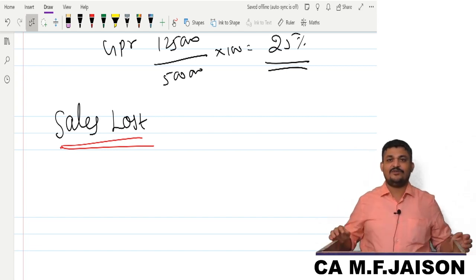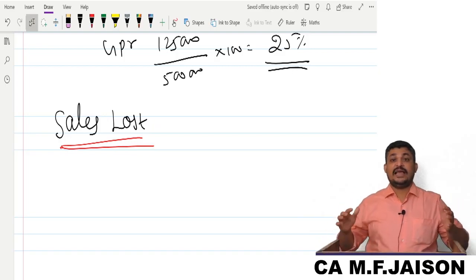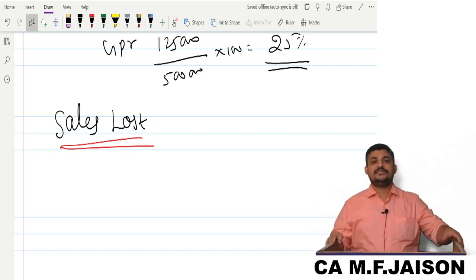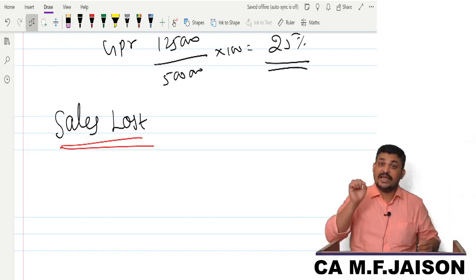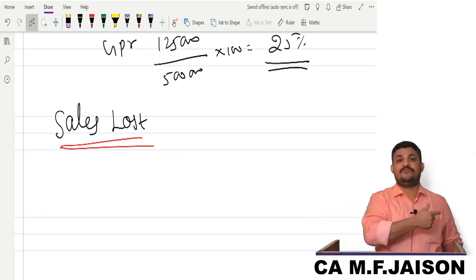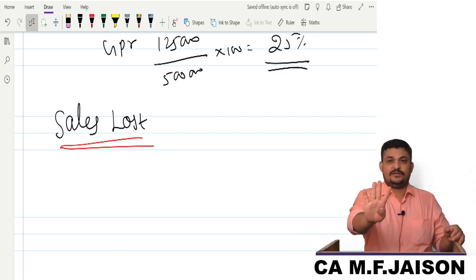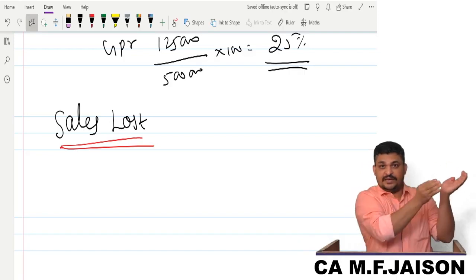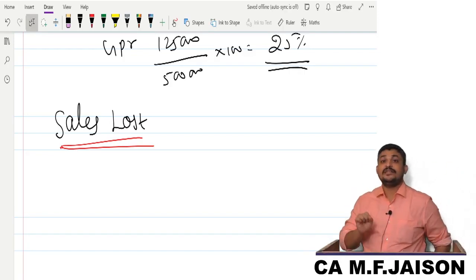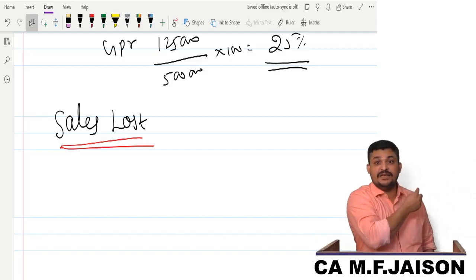So how to find out the sales lost? I have to prove how much sales I expect. The expected sales is based on the past. So once again, sales during the corresponding compensation period of the previous year. The compensation period of 4 months, corresponding to the same period as it is.